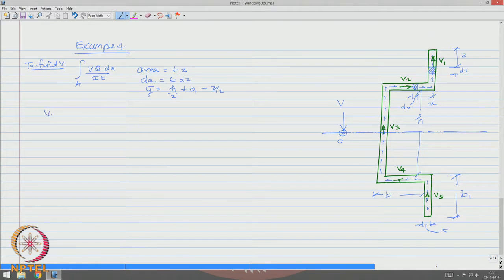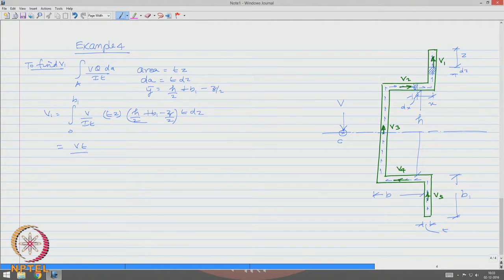So, therefore, V 1 will be integral 0 to B 1 V by I t T z h by 2 plus B 1 minus z by 2 of T d z,